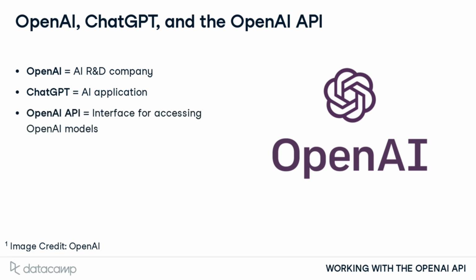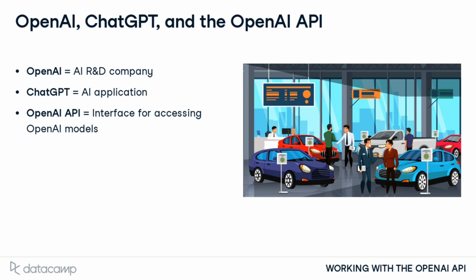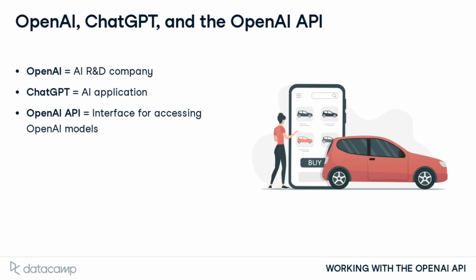The OpenAI API allows individuals or organizations to access and customize any of the models developed and released by OpenAI. If OpenAI was a car manufacturer, ChatGPT would be their shiny new sports car that people can walk into a dealership and test drive. The OpenAI API would be like the system customers could use to customize and order cars